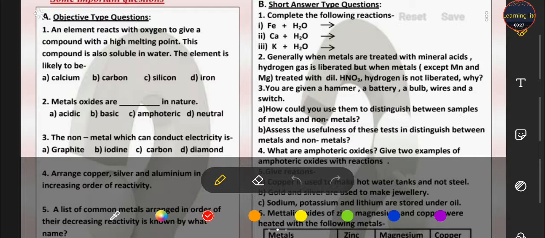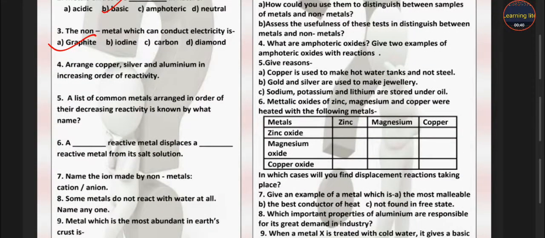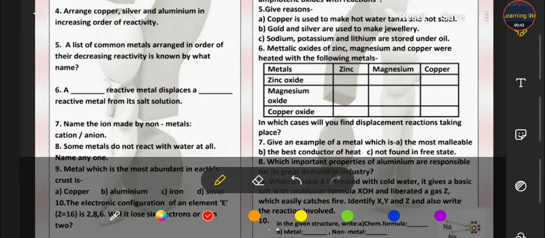point and the compound is soluble in water and the element is likely to be calcium. Metal oxides are always basic in nature. The non-metal which conducts electricity, that is graphite. Arrange copper, silver and aluminium in the increasing order of reactivity. So in increasing order, students, silver,